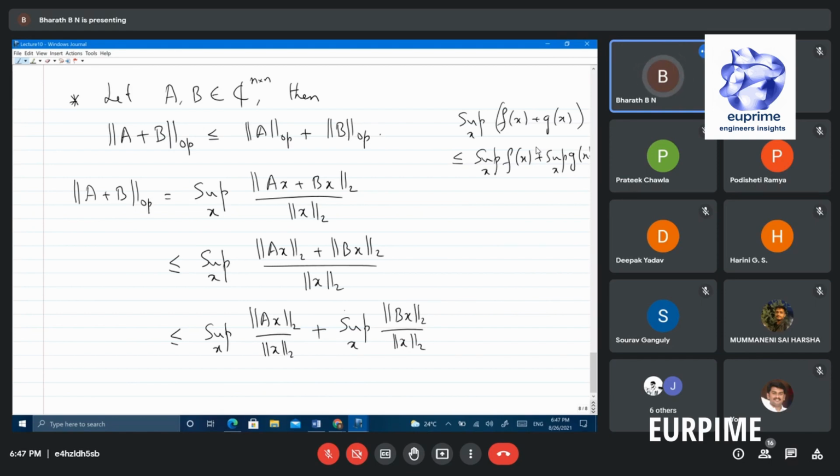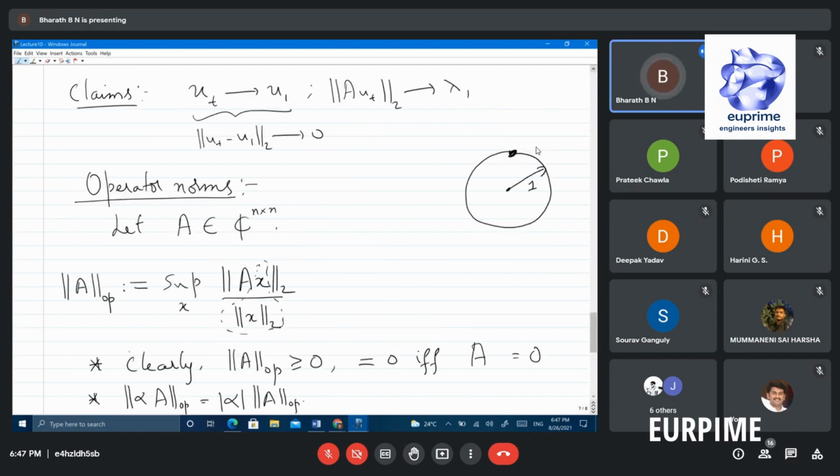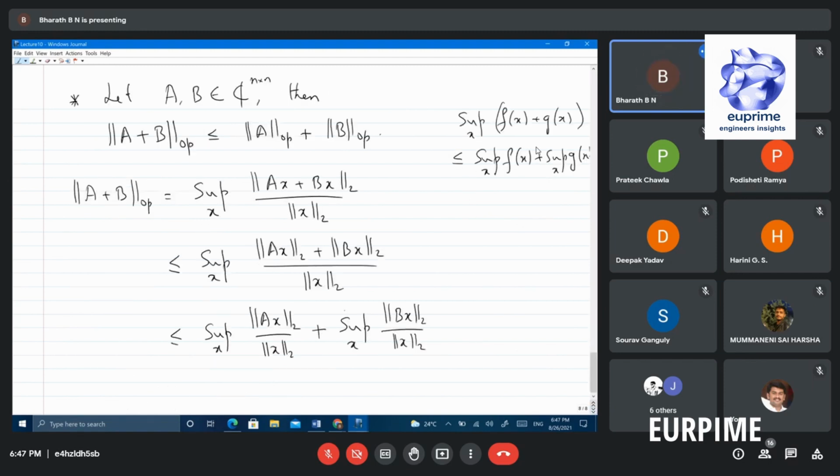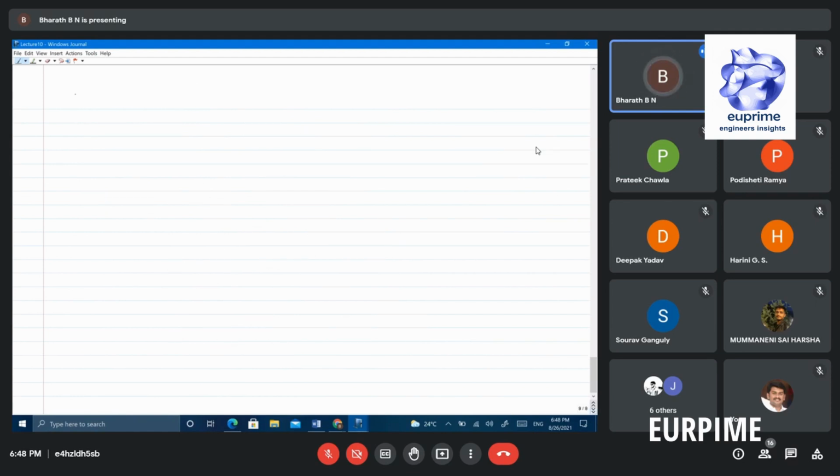So now the next question that we should ask is, did I anywhere use the fact that A is a square matrix? No, right? I can do this for m cross n, so I can take any matrix. So I'll take an m cross n matrix. Of course. Okay, so that means you have an operator now. Suppose A belongs to, okay, let's look at this. Suppose A belongs to